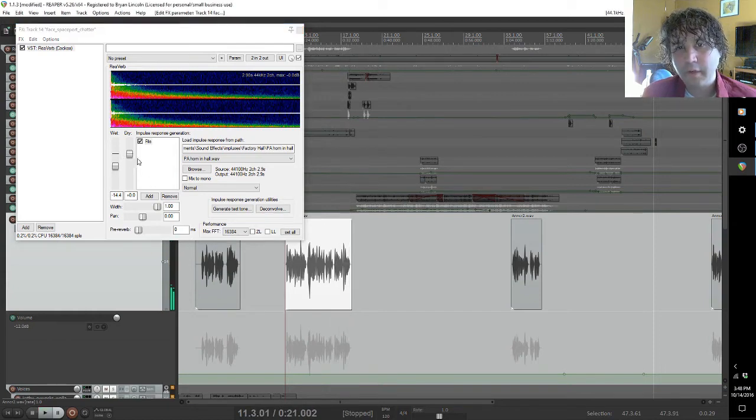And you may want to have the wet signal a little low compared to the dry for clarity, for example. You can play with those settings. So you have your impulse, and you have how the impulse is applied relative to your original. If you take out the original and just go with the wet signal,